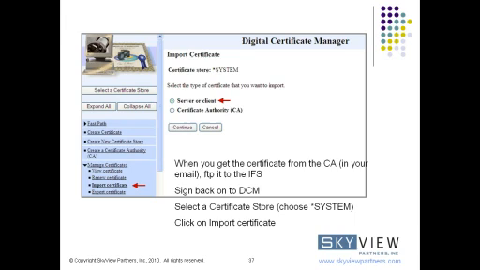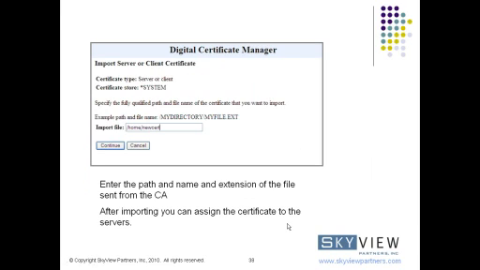Once you get that back from the well-known CA, you send it up to the IFS, and then you come back to DCM, and you're going to say import certificate, and you're going to import that server or client. And then you select the system store for system and click on import. That's where you will state the exact path name and the extension of the file that has come back